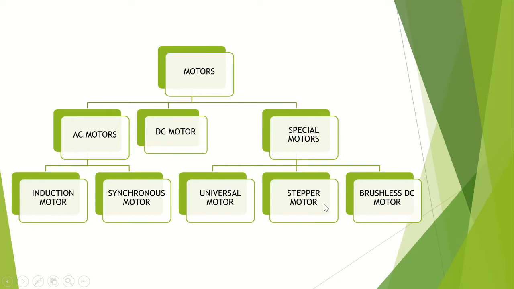Stepper motor is used to give the controlled output. Like if you want to rotate a robotic arm by 5 degrees, the stepper motor will be able to do the task. And brushless DC motor is used in space applications, electric vehicles, and many other applications. Universal motors are used in mixers and some other things. So first we will see about the DC motor, its construction, and its applications also.